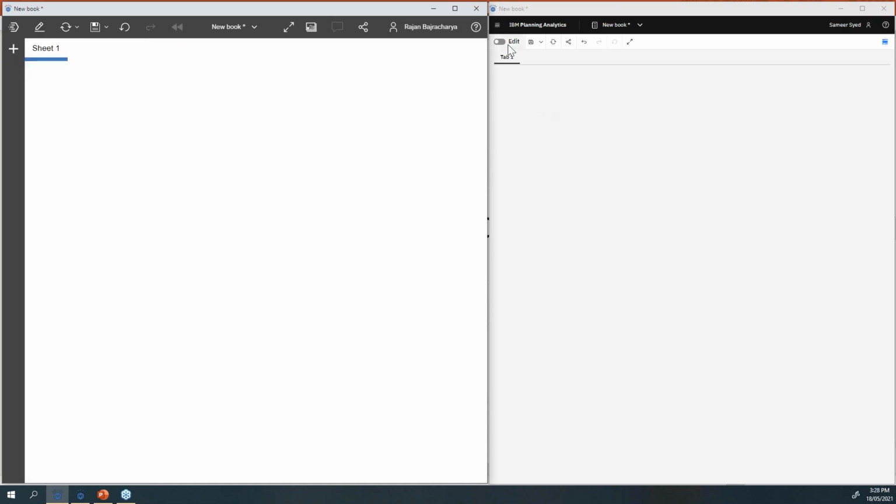But with the new version of PAW, as soon as the edit mode is switched off, you will not find that, because the reason for that is, I believe, you get more space. As I mentioned, space has been one of the big action points of this new version. IBM wanted to have more space for the reporting. As I keep going on, you will find the pixel perfect reporting. Why do we need that? These are some small things which make a big difference when we build our own dashboard. So that could be one of the reasons why, when we click on this edit mode, IBM has taken out that task pane from the left side.